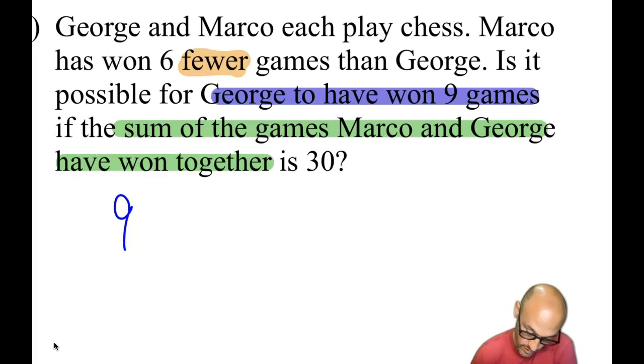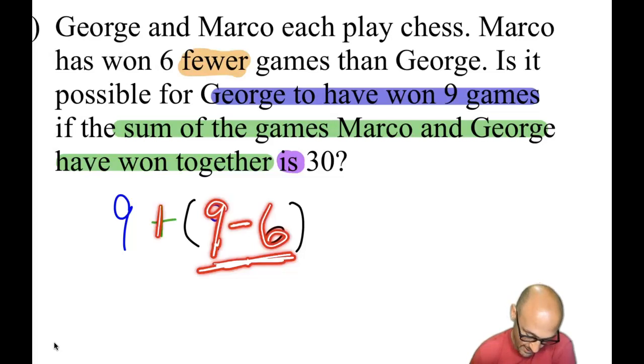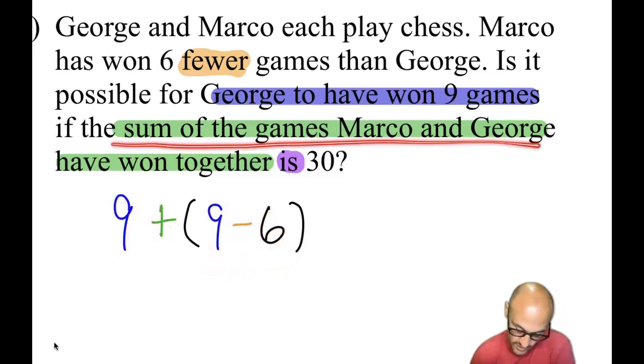And then I'm going to highlight one more thing here. This is almost always an equal sign. So we're adding here. So we're going to add 9. That's how many George has won. And Marco has won 6 fewer games than George. So we could do 9, that's the number of George, minus the 6. So this is that Marco has won 6 fewer games than George, and we're adding that to the number that George has won because the sum of the games they've won together